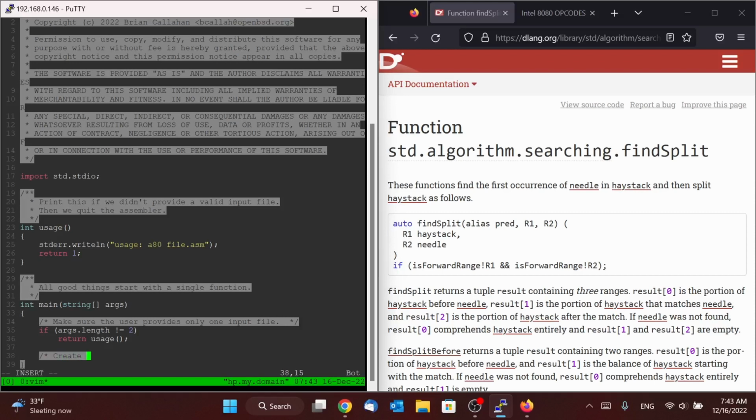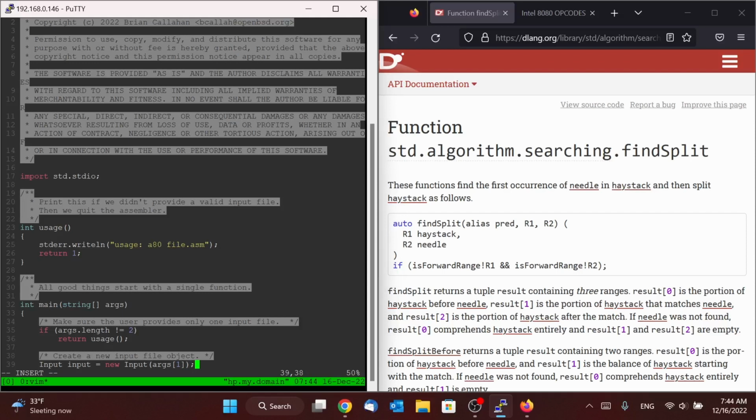Next thing we're going to want to do is create a new input file object. And we're going to declare this at the moment, but then we'll come back to it in the next video. I'm going to try to make all these videos relatively short so that you can follow along at will, and it's not going to overwhelm you in any particular video. So we're going to make an object called input, capital I Input. And for now, we're just going to say new Input, and we're going to say args[1].